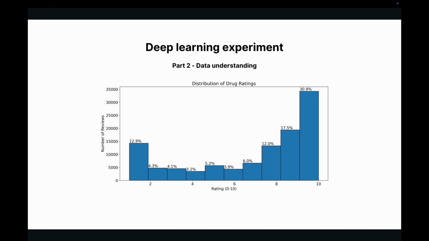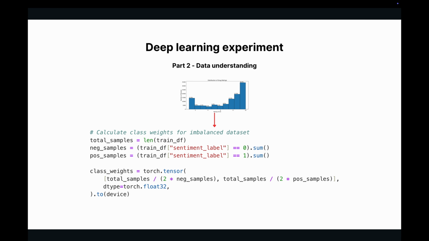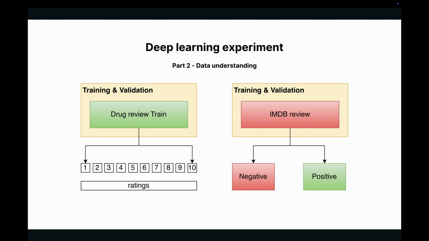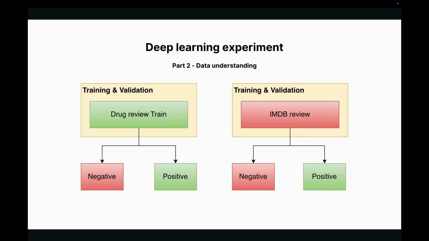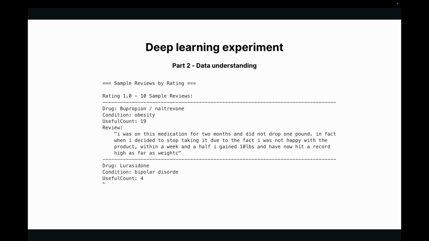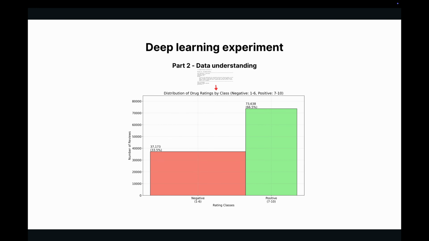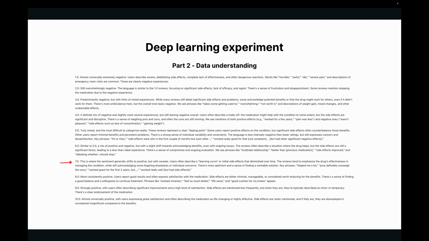Our imbalanced class distribution across ratings means that we have to include class weights that adjust our criterion. For more alternative dataset options for our indirect training, we need to bin our values into negative and positive sentiment. To do so, I've read the sample reviews and came up with the splitting threshold of between 6 to 7. This is because at ratings 1 to 6, there is a strong focus on the negative impacts of the drugs, whereas at ratings 7 to 10, even though there may be some initial side effects, they emphasize more on the